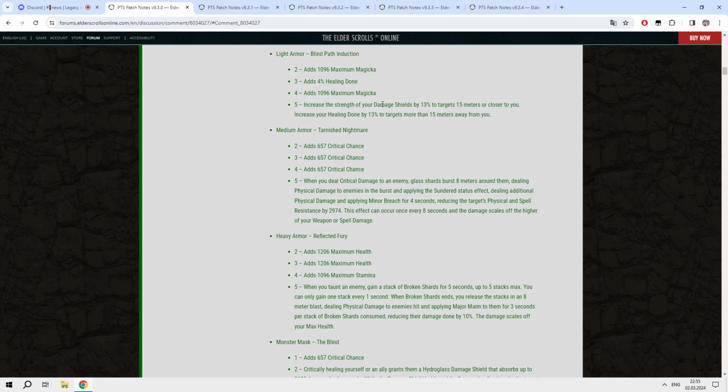That you get from 5 items, and this healing set increases the strength of our damage shield by 13% to targets 15 meters or closer to the healer, and it's also increasing healing done by 13% to targets more than 15 meters away from you. And a few words about the set. It looks like a really powerful set, but